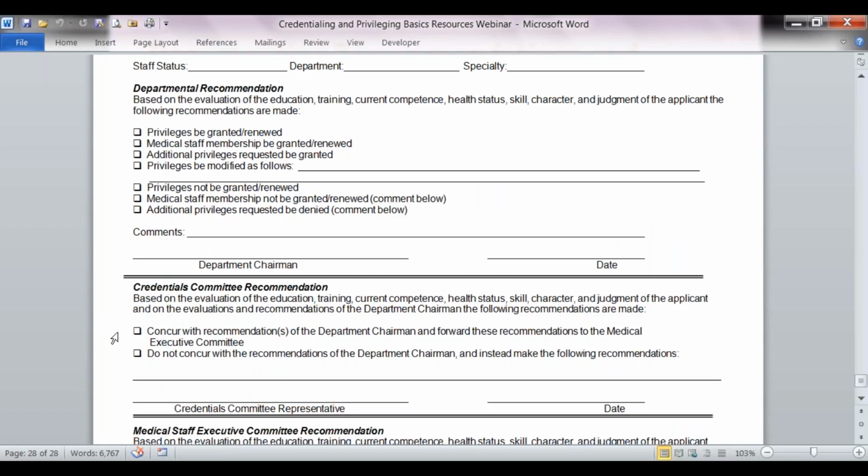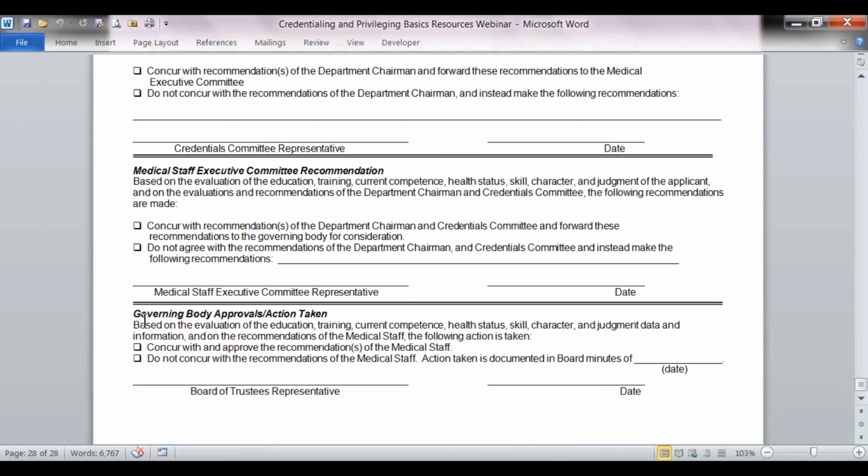So if you're going to use this type of form, there's no accreditation or regulatory requirements that say that you have to use this kind of a form. Some facilities like to use them just to have one form where they've got everything documented. It's okay that you can document this in your medical staff minutes the way we just talked about. You don't have to use this kind of a form. As a matter of fact, to me, it's one extra step. But I do get a lot of clients that like to use these type of forms, so I do offer